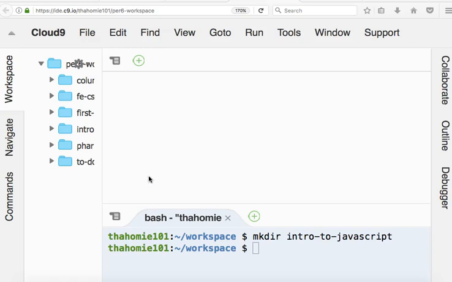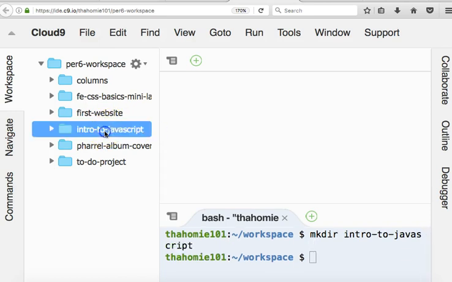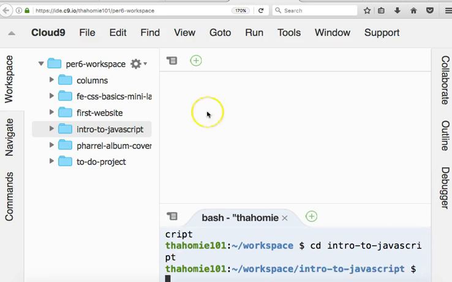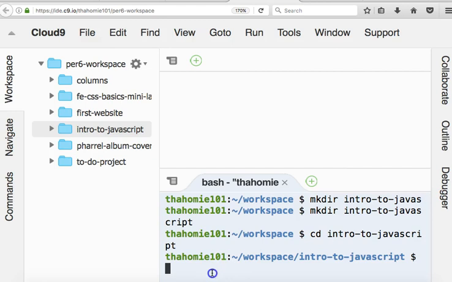So the first thing you're going to type is mkdir intro to JavaScript. And if you do that, it should create a folder for you called intro to JavaScript right here. Then you are going to type in cd intro to JavaScript to change directories into the intro to JavaScript directory. And if you do that, we should be located inside this directory currently, where we can create a new file,